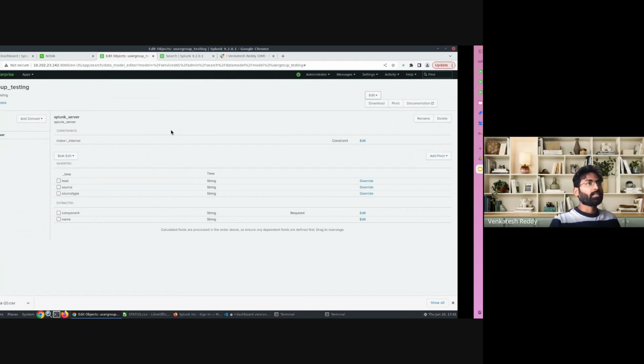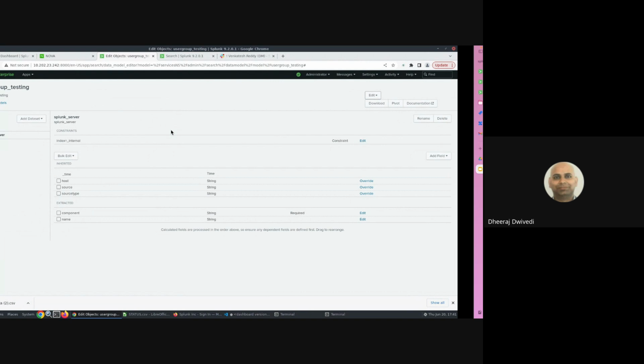And even if you don't know about the data, just go to the search and do index equals, since we are doing it for the internal index, just go to the internal index, and you can see all those fields here, right? So since I know about name and thread, all those things,